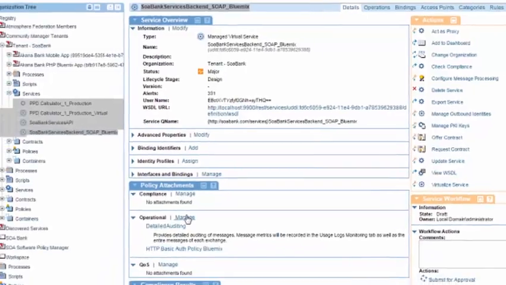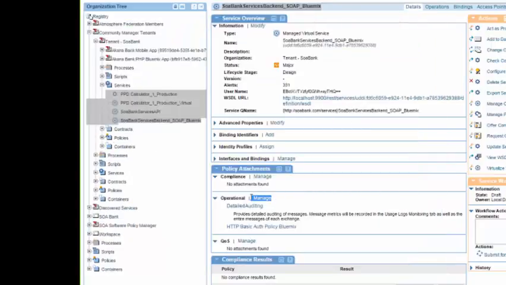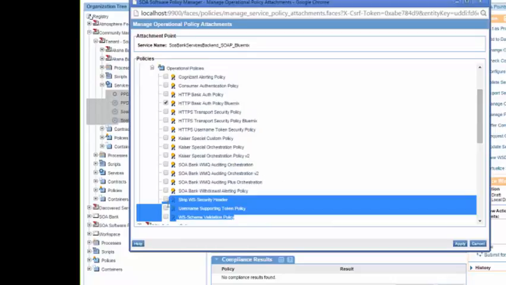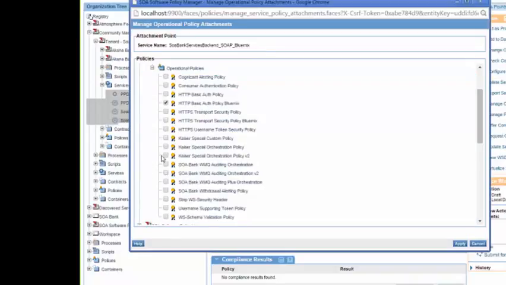Now let's take a look at what it takes to actually attach new policy. All I need to do is click on this Manage link, and when I click on that, I get a pop-up, and the pop-up allows me to go through the list of available policies. You can see a nice list over here, and I can choose any of these policies. Or I can define new policies and then choose them from the menu when they show up. All I need to do is tick the checkbox for any policy I'm interested in, and then that policy automatically gets attached. So it's very, very easy to begin working with policies in Policy Manager and have those automatically deployed